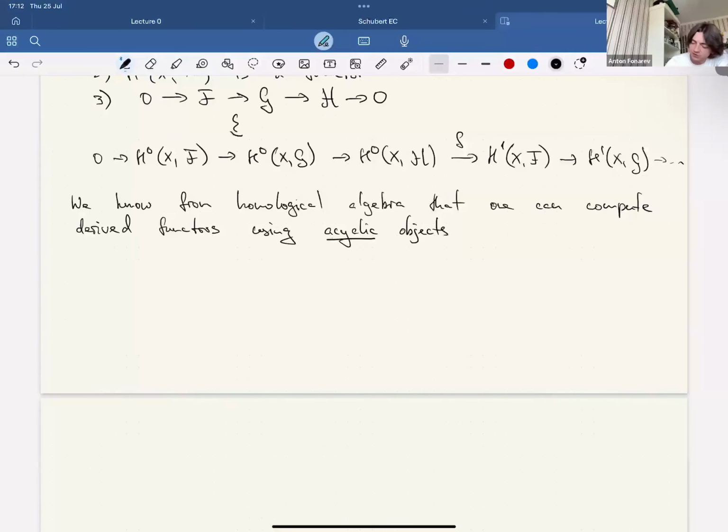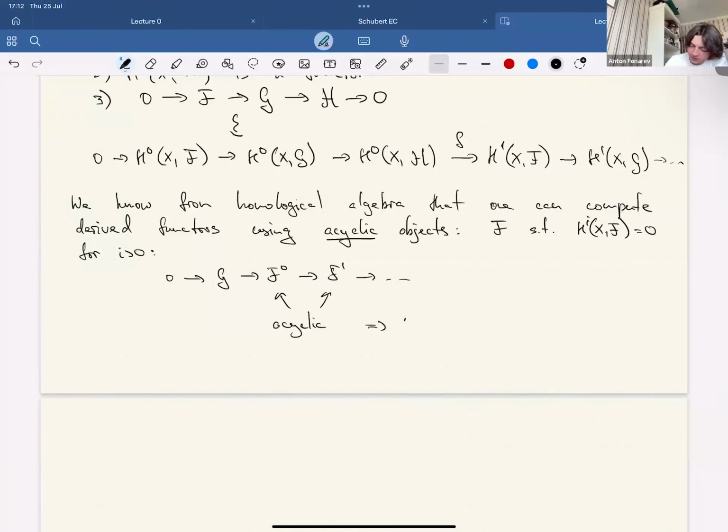And what are acyclic objects? Well, these are the objects F, of sheaves, such that H^i on X of F equals 0 for i greater than 0. And by this I mean that if you start with a sheaf G and then you manage to find a resolution where all these guys are acyclic,